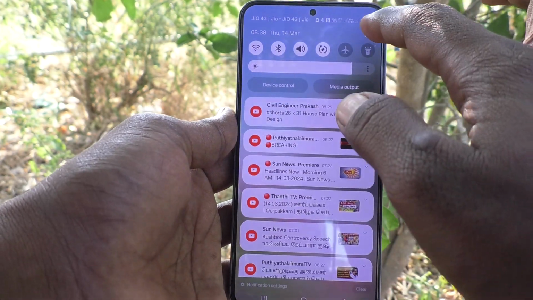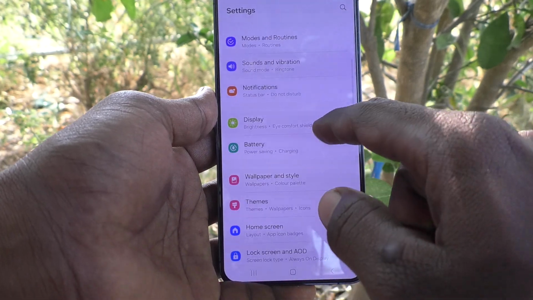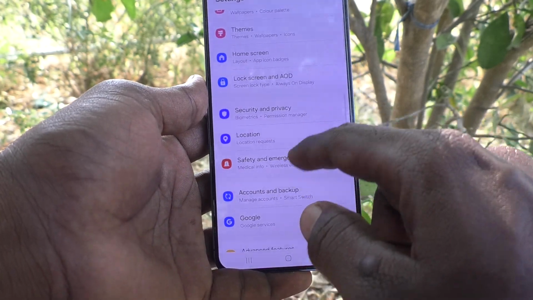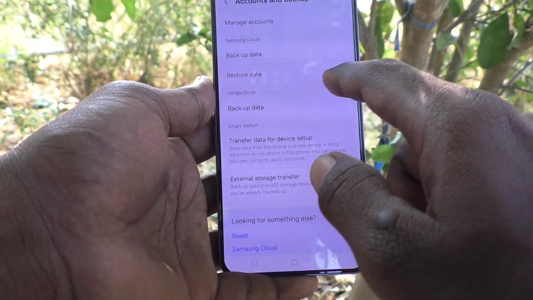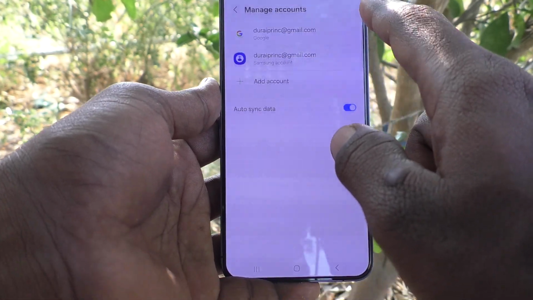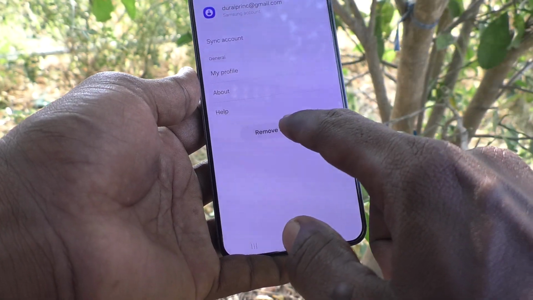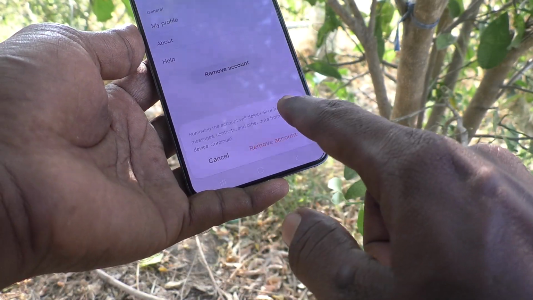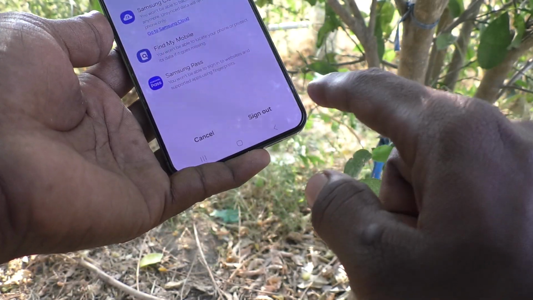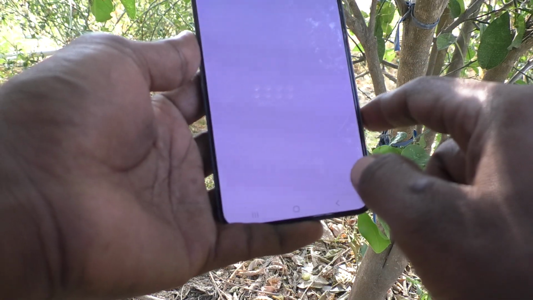First of all, go to settings of your phone here, then go to accounts and backup and go to manage accounts and click on the Samsung account here and click on remove account and click on remove account. It will be removed from your device. Click on sign out and it